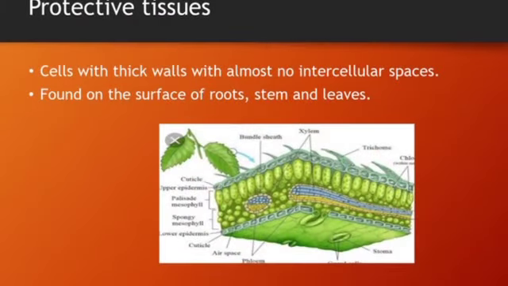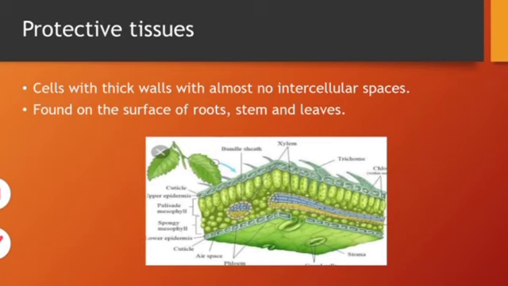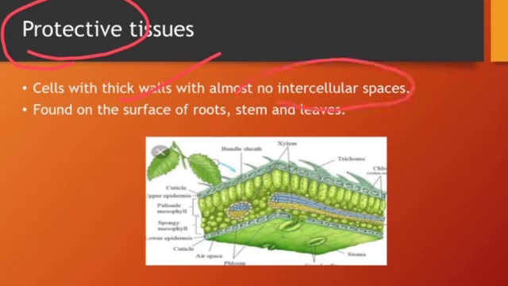Coming to the protective tissues, from the word protective, what can you understand? That means the tissues that provide protection to the internal part of these plants. These cells have thick walls and they do not have intercellular spaces, meaning they cover the full plant with its tissue, which provides protection to the internal parts of the plant's body. So they are found on the surface of the roots, on the surface of the stem, on the surface